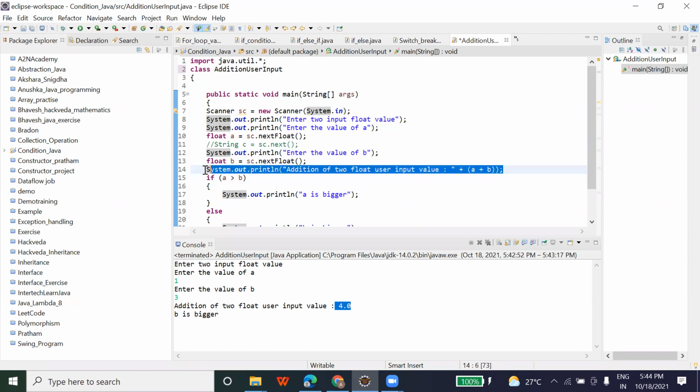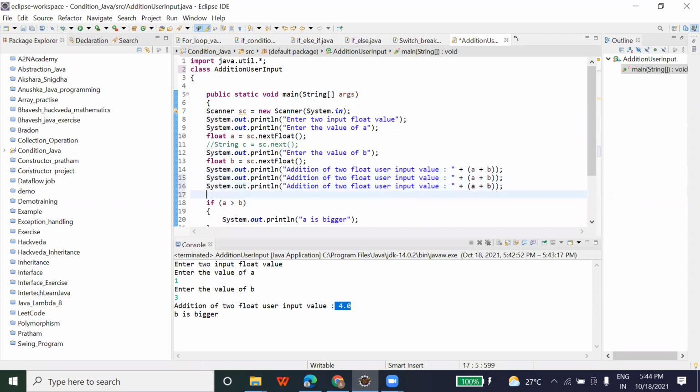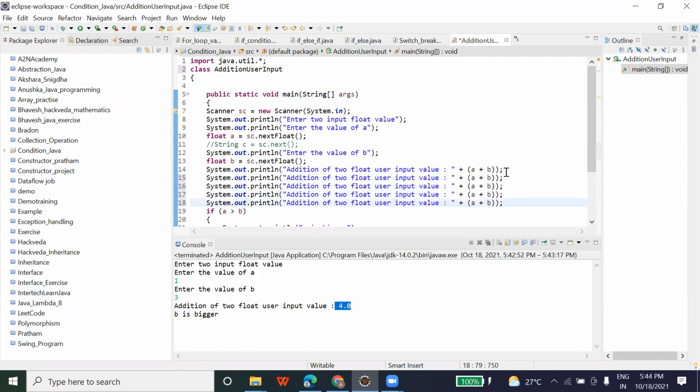Similarly, we can try this same step for performing multiplication, division, subtraction, and mod operation as well. You just have to change this operator: a into b, a divided by b, then a mod b and a minus b.